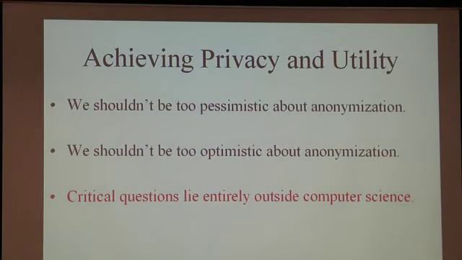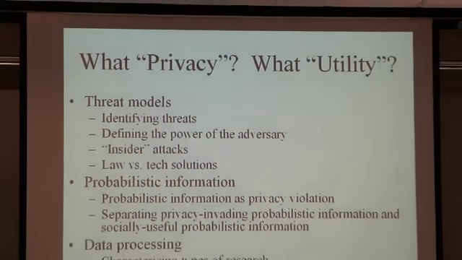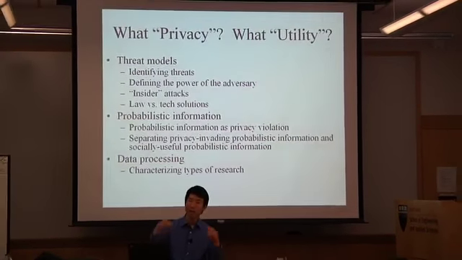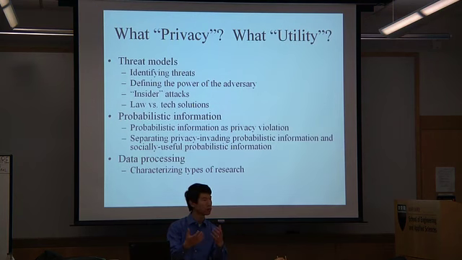That I think we ought to be thinking more carefully about going forward when we try to understand when it is that we should be allowing these kinds of data releases or under what conditions we should be allowing these kinds of releases. In particular, we need to think about both what we mean by privacy and what we mean by utility in the particular context in which we are asking the question, right? These are not quantities that can somehow be defined once and for all and thereby create some sort of solution that will work across the board. These are quantities that really need to be thought of within the context in which we are actually asking the